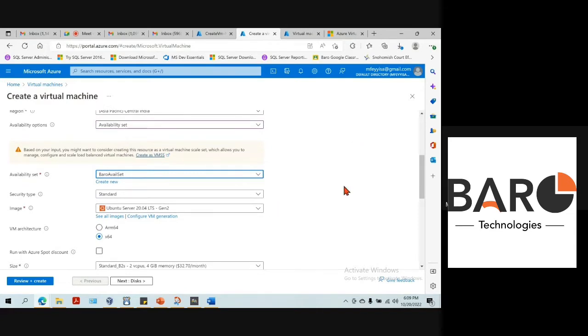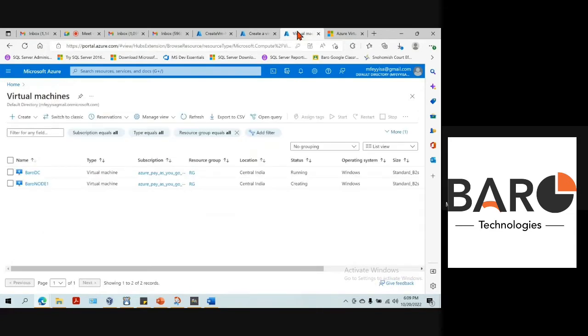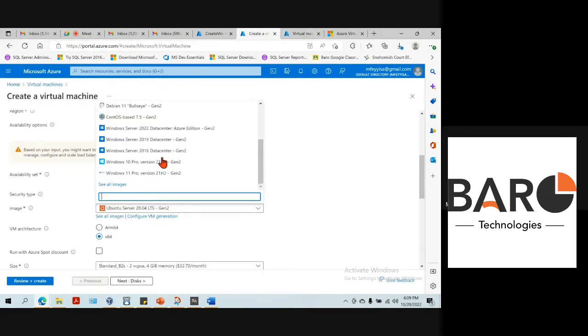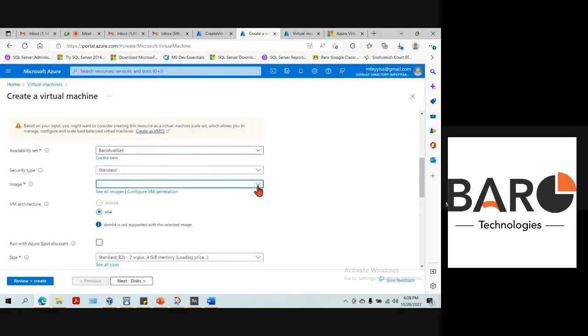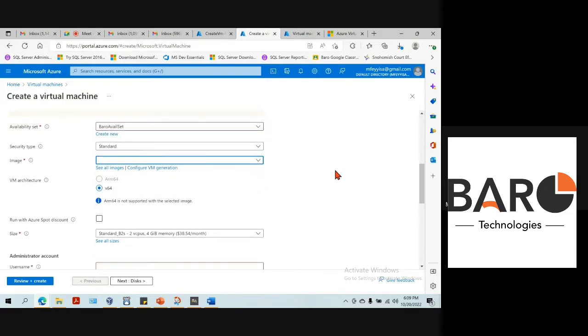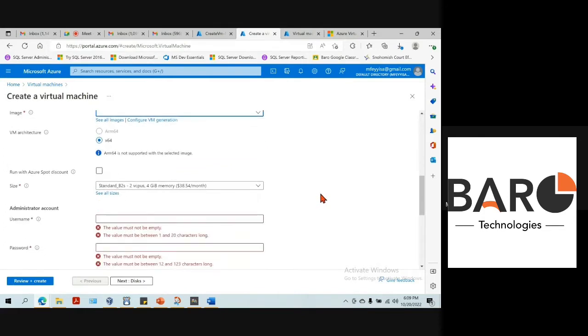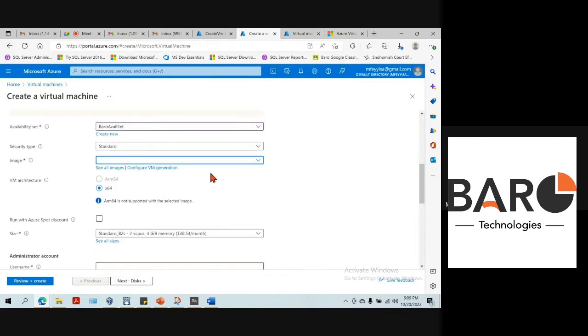Then the security type is standard. The operating system we're gonna use just like the others. It's gonna be Windows Server Generation 2 2019. Sometimes it selects it like this and even if the name is not written here, it's some fault on their side, it's not your fault, so you can just go down and select the rest of the options. So in the background it has automatically filled in the selection for me. Same size virtual CPU